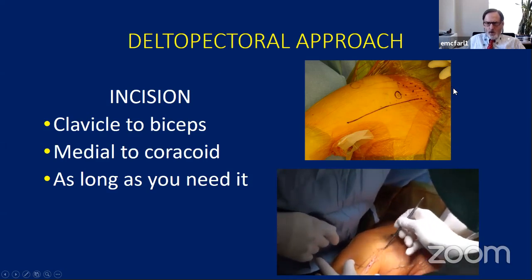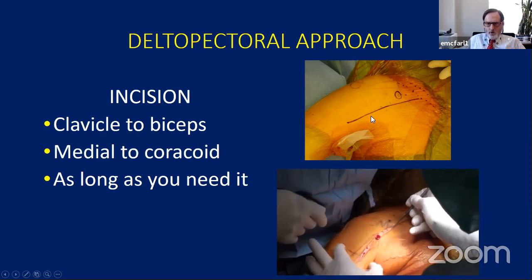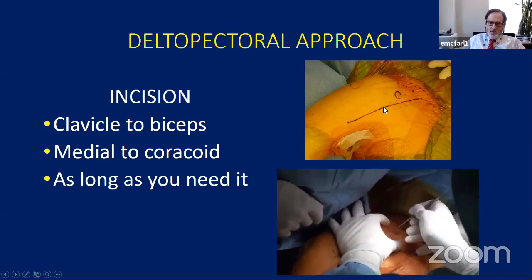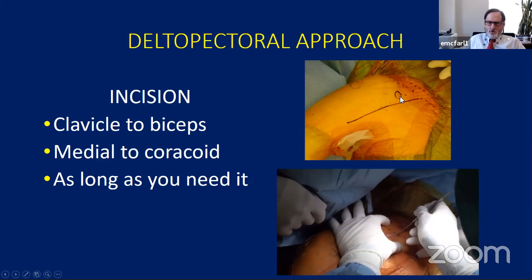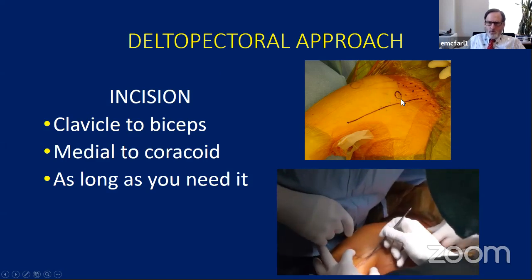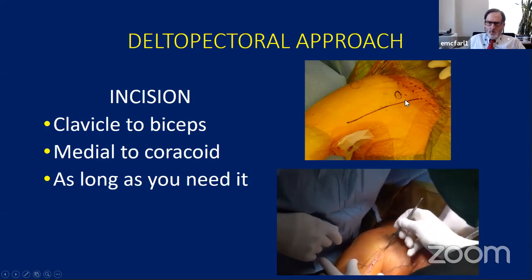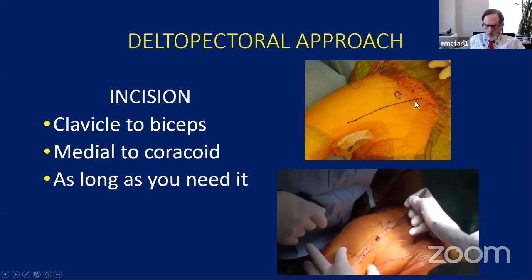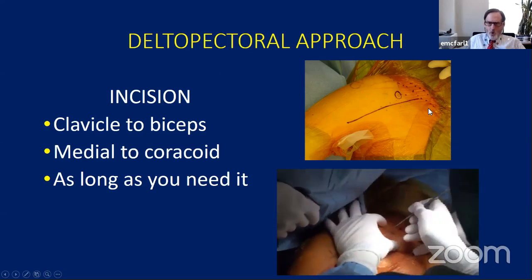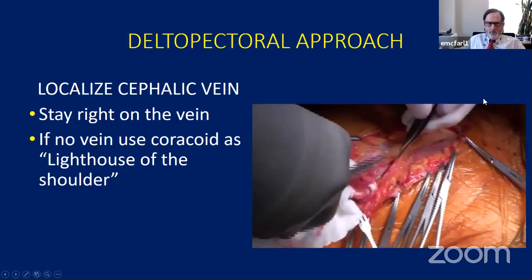And particularly if you're starting out, the larger the incision helps you get orientation of the anatomy and those sorts of things. The other reason to do it is part of the operation, you have to get the deltoid over the proximal humerus. So if you can release up above to the coracoid, that's the best. It gives you a lot more, the deltoid becomes more mobile and you can get it over the back.